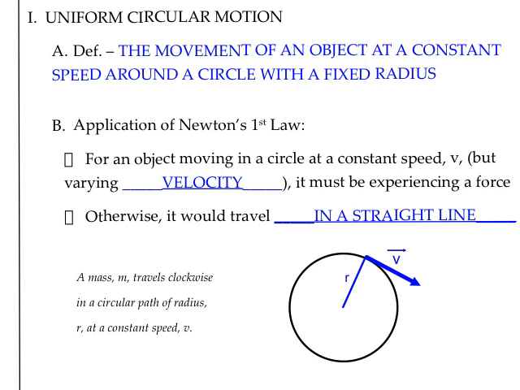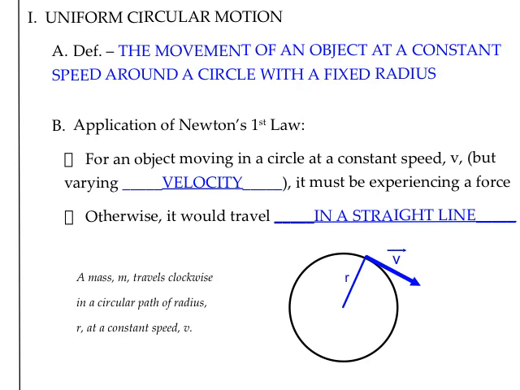Welcome back. Our chapter 4 is going to cover uniform circular motion and gravitation. Today's video will cover uniform circular motion. The definition for that is the movement of an object at a constant speed around a circle with a fixed radius. We're going to apply Newton's first two laws to objects that are moving in a circle instead of a